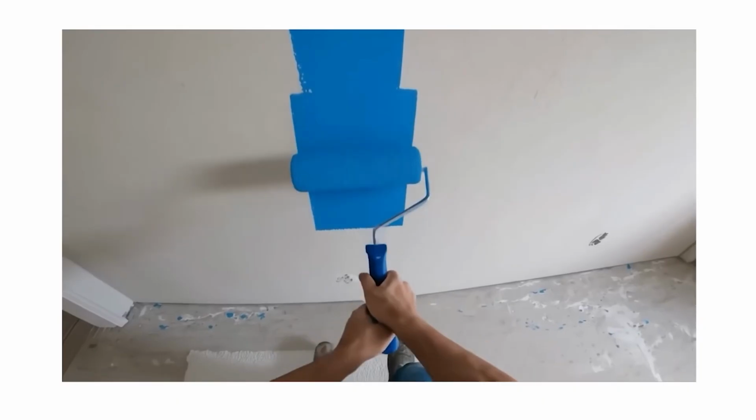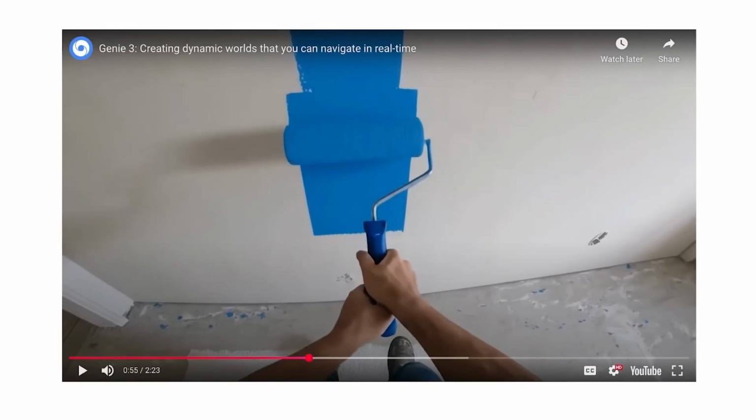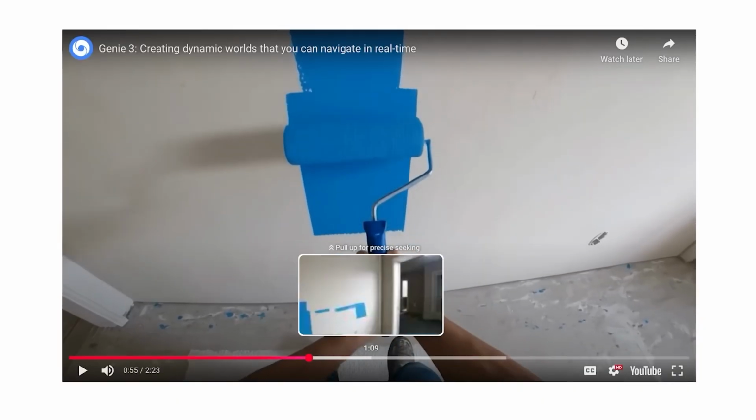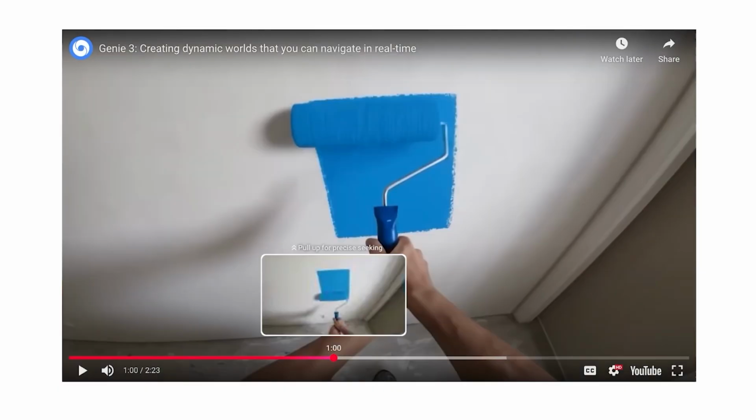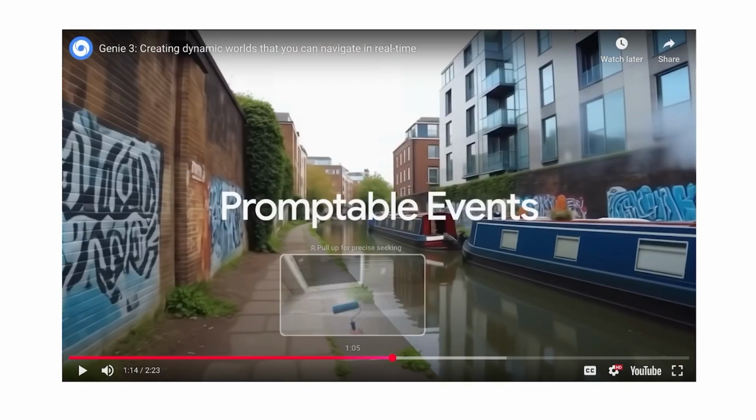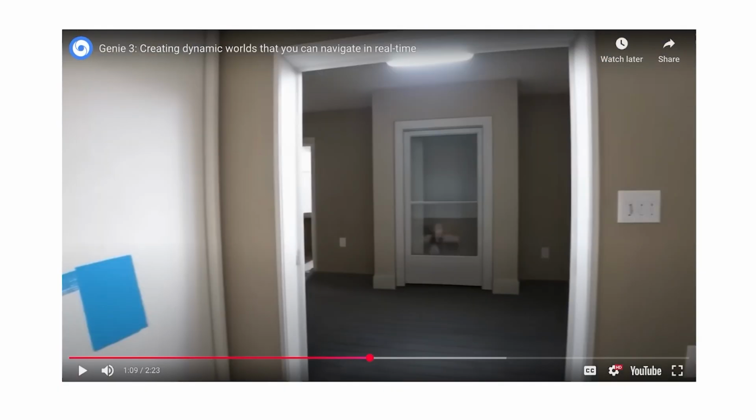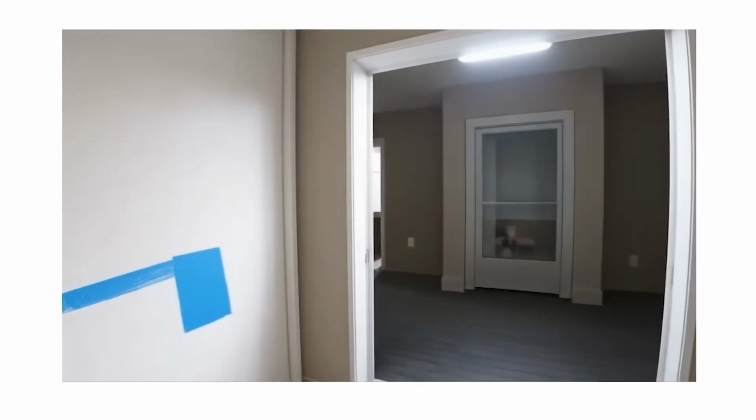If you're painting a wall, for example, this is a really popular clip, and this is a wall that you're building, okay? You're painting the wall and you look away. Then if you look back, the paint is going to be exactly where you placed it because it's going to function like the real world.